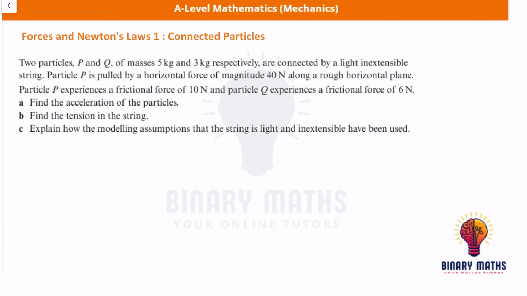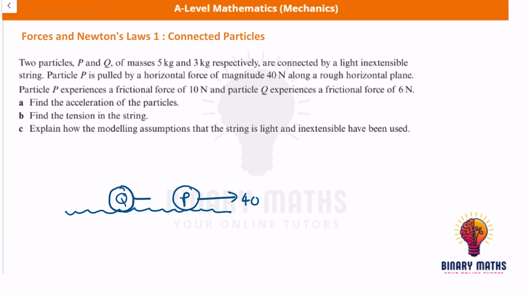Two particles P and Q of masses 5 kg and 3 kg respectively are connected by a light inextensible string. Particle P is pulled by a horizontal force of magnitude 40 newtons along a rough horizontal plane. Particle P experiences a frictional force of 10 newtons and particle Q experiences a frictional force of 6 newtons. So we've got particle P, which is being pulled forward by 40 newtons. It is on a rough horizontal plane. We've got particle Q